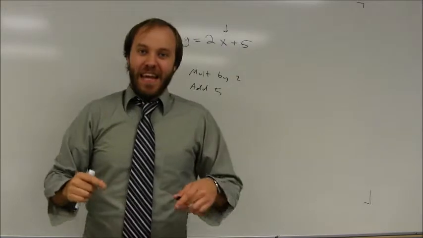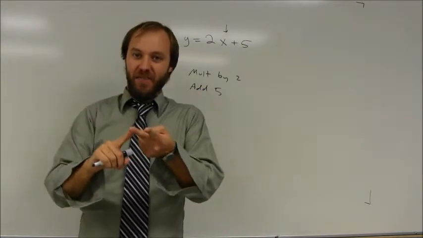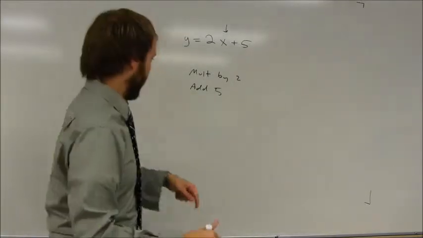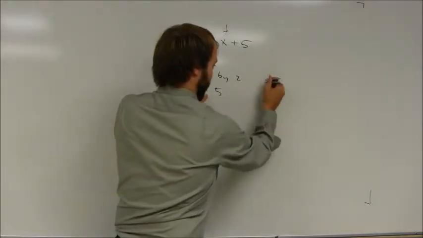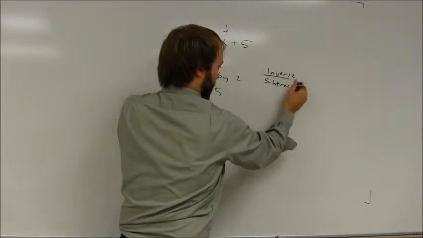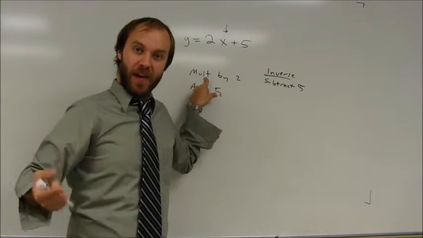If you want to reverse that process of multiplying by 2 and then adding 5, you do it in reverse order, and you do the opposite. So when you add 5, you want to do that by subtracting 5 from the inverse. And then you want to do the multiplying by 2 by